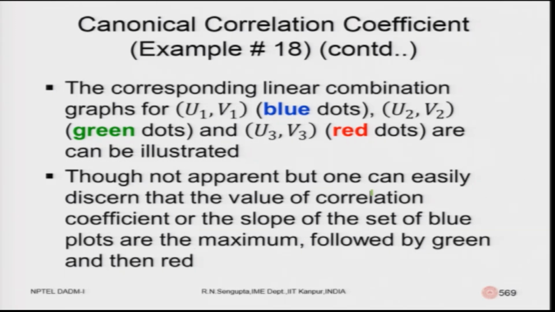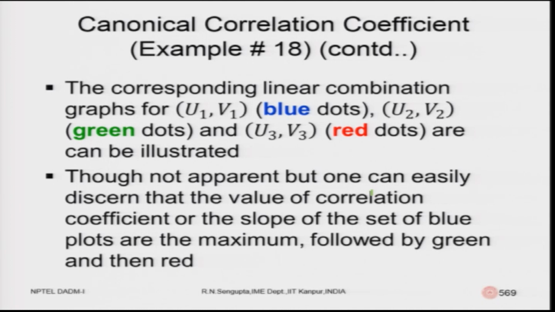If you remember, I did mention that when rho star square was being written down, please note the values are in decreasing order, 0.44 until the last value of 0.02. Though not very apparent, one can easily discern that the correlation coefficients or the slope of the set of the blue plots are maximum, followed by the green plots which are second, followed by the red plots which